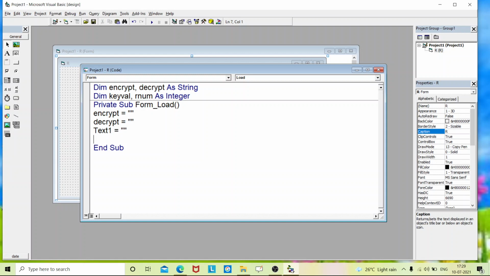After executing our form, all the values should be empty. For that purpose, we are declaring like this. Now we have to generate some random values to add to the ASCII so that we can encrypt our text. This is a formula to create a random value. Here you can comment: generating random value.